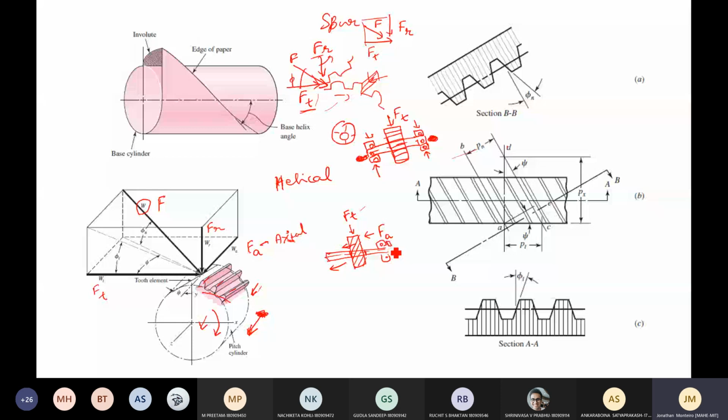You have tapered roller bearings. So what does this do? These types of bearings take hold of two forces: axial force and radial force. Radial force can also be called the tangential force with respect to the bearing. So these two forces are taken care of by certain bearings. Either you can have two different types of bearings, one to take care of Ft and one to take care of Fa, or Ft and Fa together can be taken care of using tapered roller bearings.